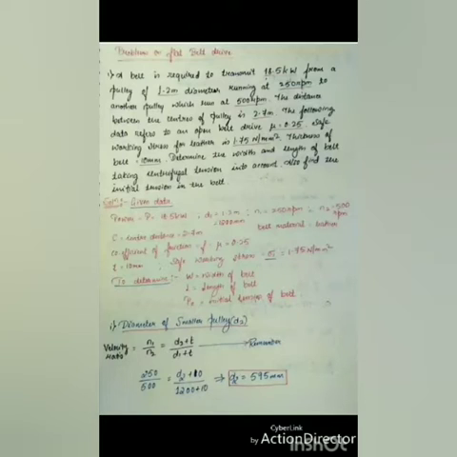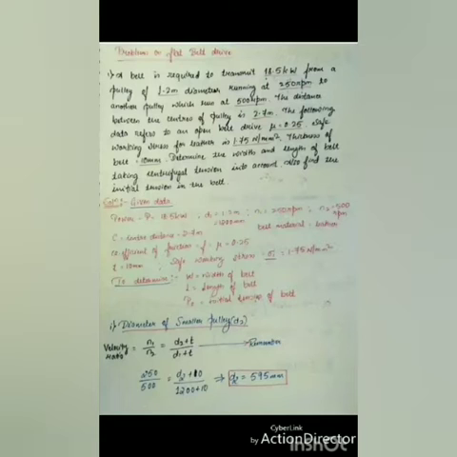So given data, power P equal to 18.5 kilowatt, diameter of pulley D1 is equal to 1.2 meter, N1 is 250 rpm and N2 is given as 500 rpm. You can notice here N2, that is 500 rpm, is greater than N1, 250 rpm. You already know that diameter and speed are inversely proportional, so the D2 value will be less than D1, that is 1.2 meter. By using the velocity ratio relation you can find the D2 value.